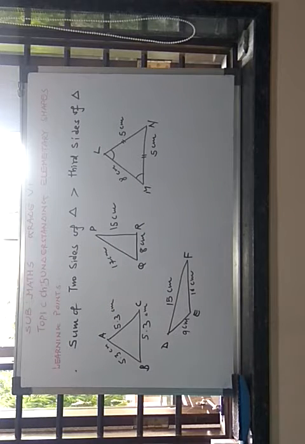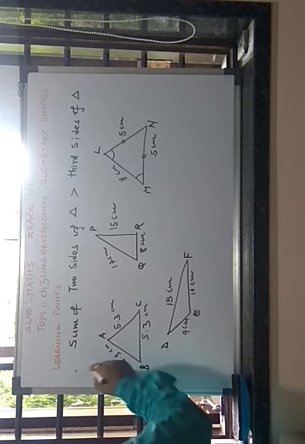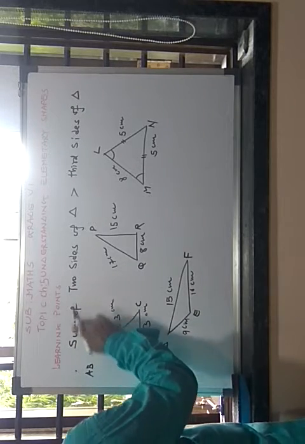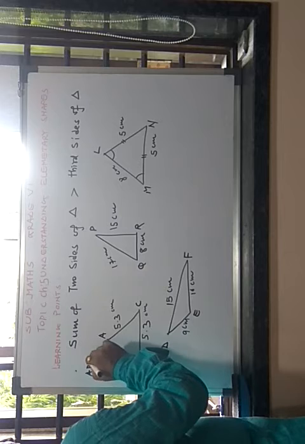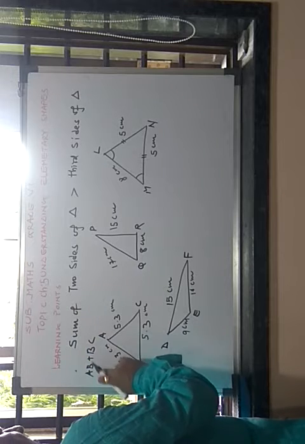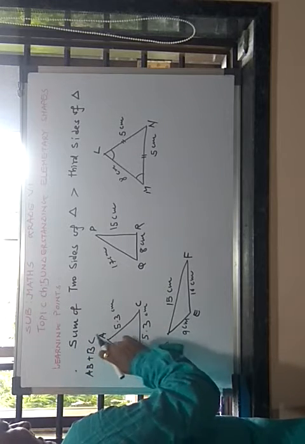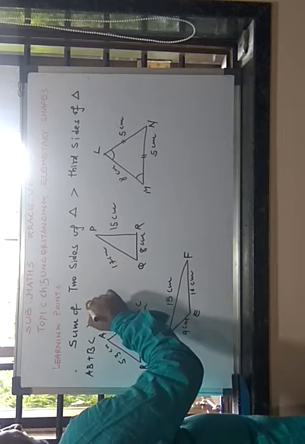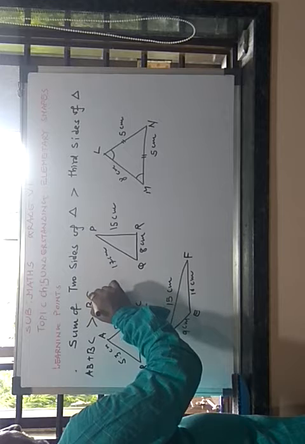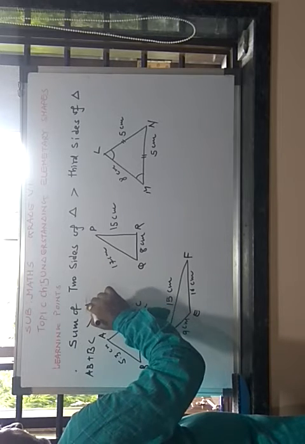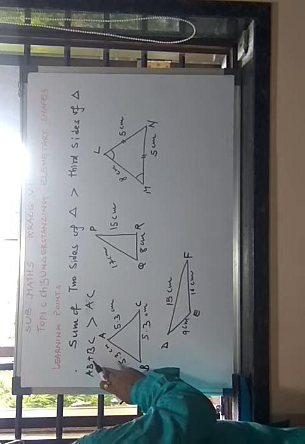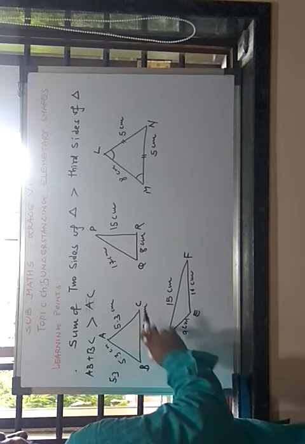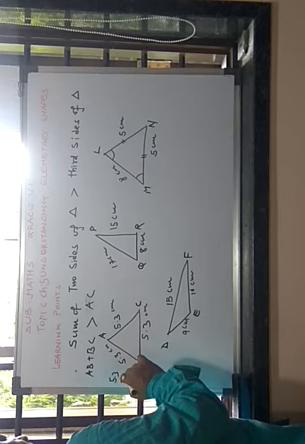Now you see, you verify. Here you see that AB, as per our definition, as per our point, sum of two sides, say AB plus BC. Sum of this side, I am taking this side and this side. 5.3 plus 5 is always greater than BC. You see, AB means what? 5.3. BC means what? 5 points. So total how many?